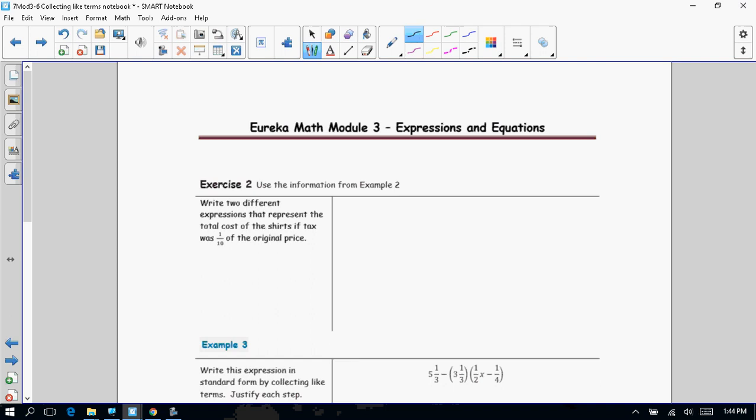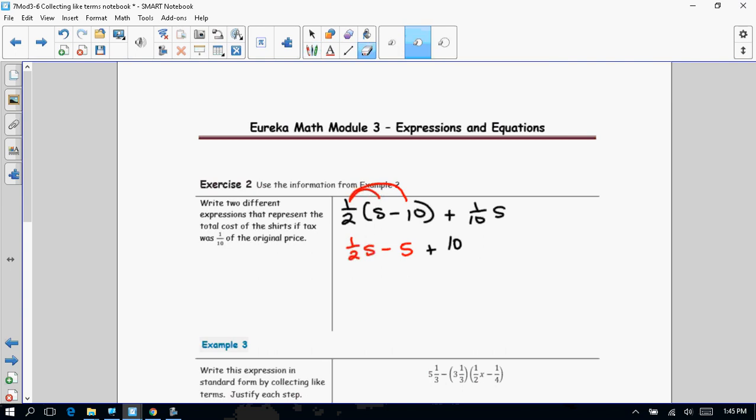All right, so I'm going to go back to the problem. I'm going to take half of the shirt minus 10, right? There's my equation. And I'm going to add, because tax, right? You're going to add tax, and it's 1/10 the price of the original price of the shirt. Okay? I'm going to now distribute my 1/2 like I did on the other side, right? And it became 1/2 s minus 5. I just got that from the other side of the page, plus 1/10